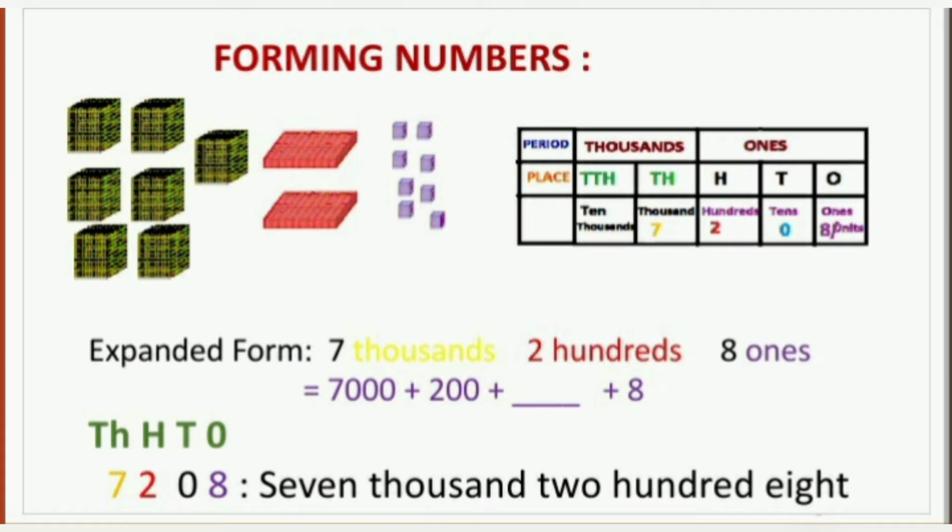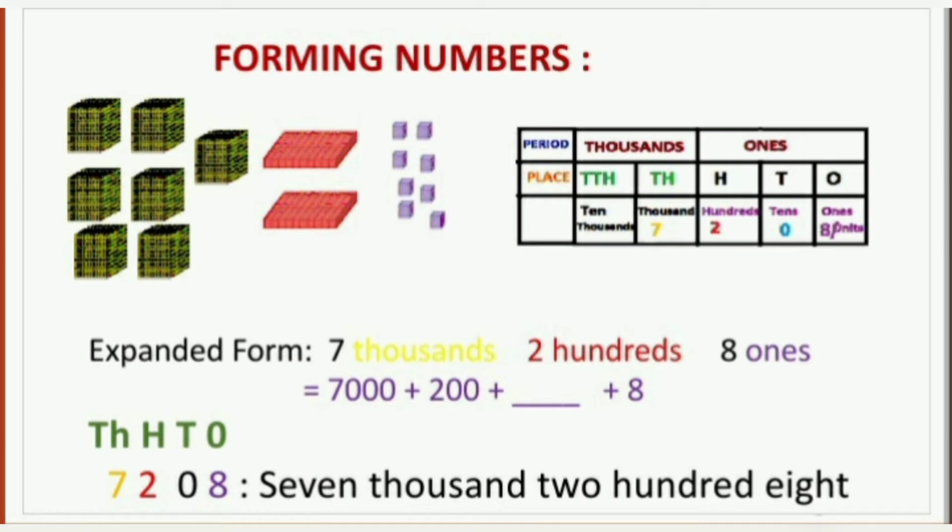So 7 thousands, 200s, and 8 ones, which you can see is given as the expanded form. And also you can see the numeral form for the same. Now when you write the numeral, you will write the places first of all. You can see in green fonts, ones, tens, hundreds, and thousands is shown. For the ones period, you have 3 digits, and for the thousands period, you have 2 digits, which you can see in the table given above.